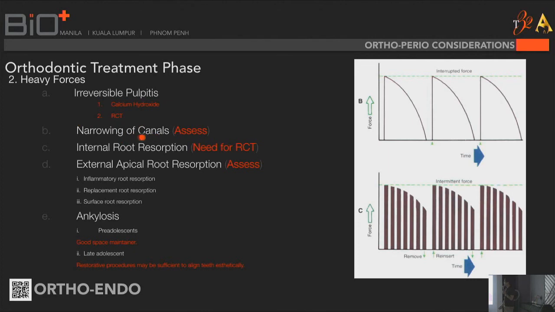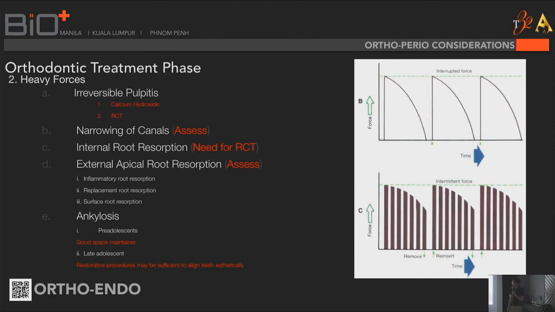For narrowing of canals, you have to assess. This is not your job as an orthodontist. As an orthodontist, I have the luxury of calling my wife, who is an endodontist, right? And I just tell her, okay, I have a narrowing of canals here. Can you assess the situation, whether this patient needs treatment or not? So usually it's an observation, and they would take a series of radiographs from month to month to make sure that